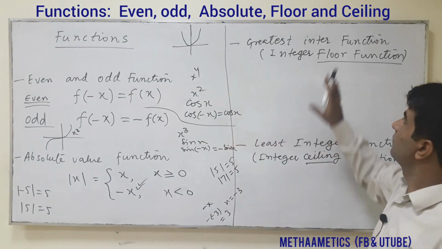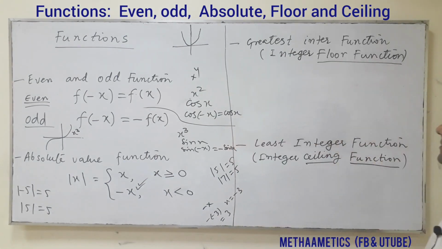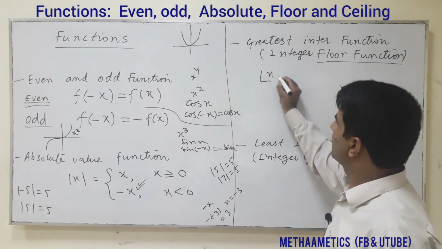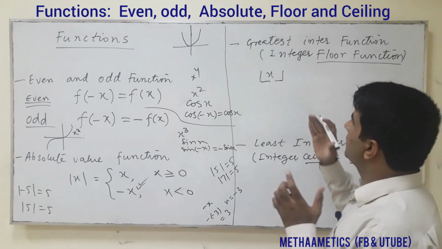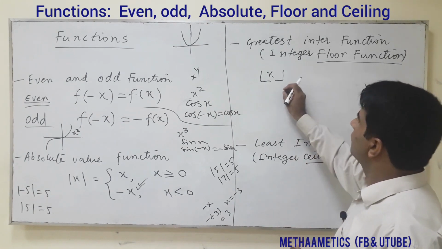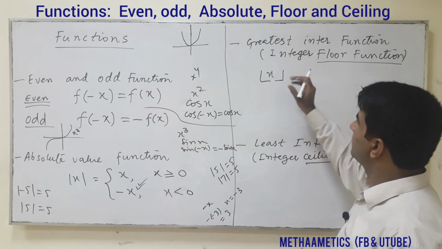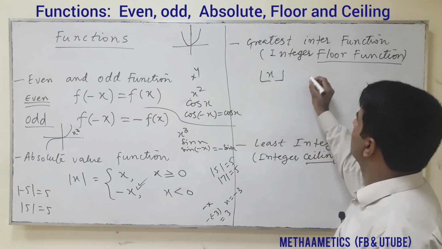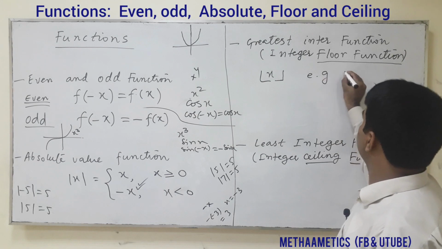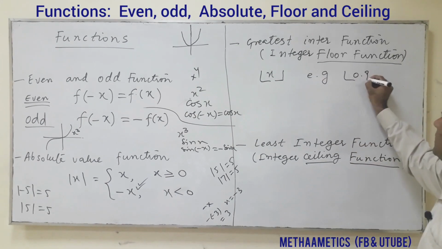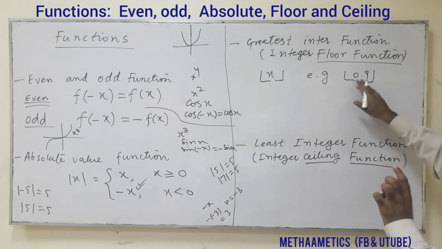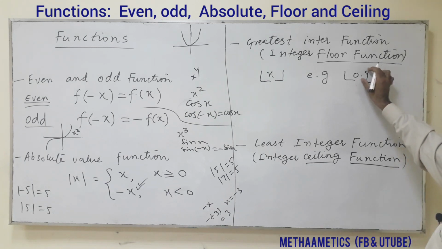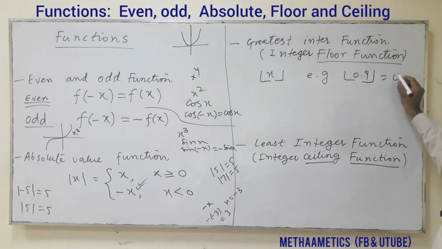Let's discuss one of the interesting topics, the floor function. The floor function is given by this symbol. In the floor function, whenever we put any value, we get the greatest integer which must be less than or equal to this value. For example, if we put 0.9, we will always get an integer, but it should be less than this. Okay, we get 0.